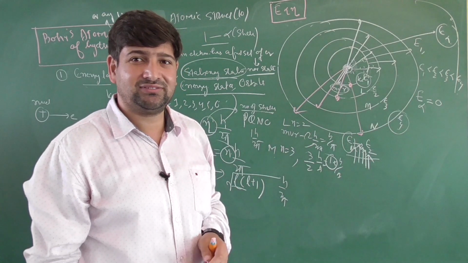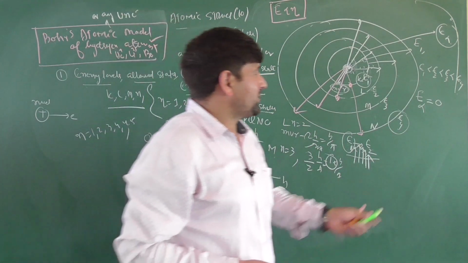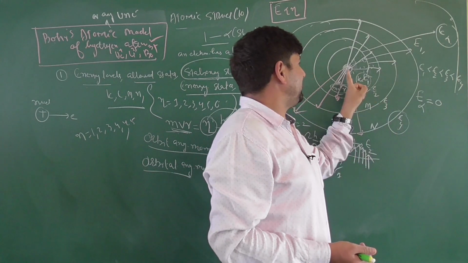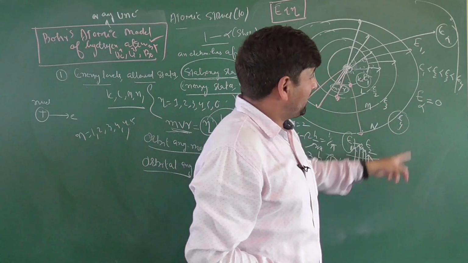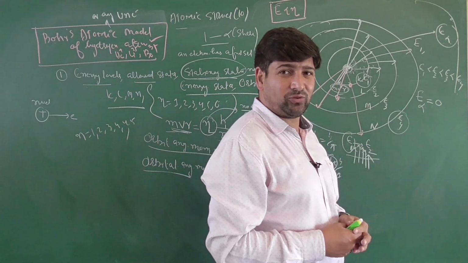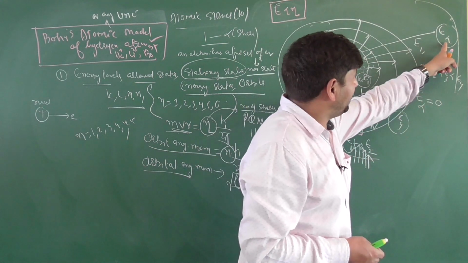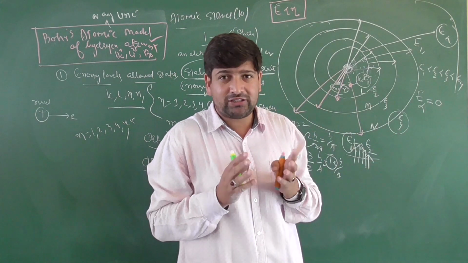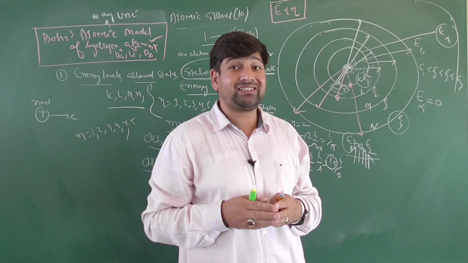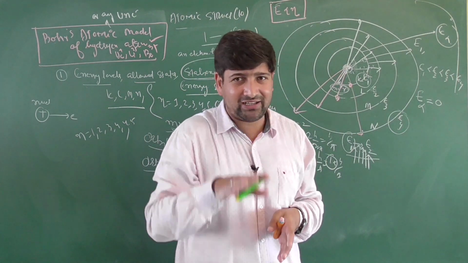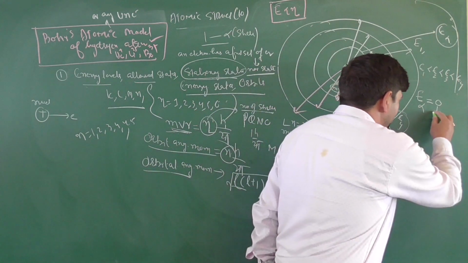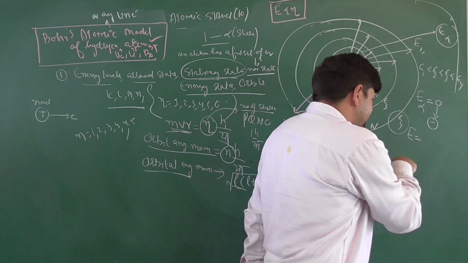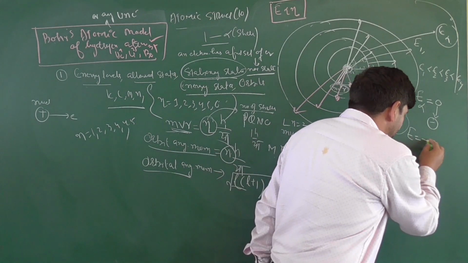Am I clear? Right. Now tell me, if I bring the electron from infinity within the atom, it will interact with the nucleus. Initially, at infinite distance, what was the energy? Zero. Now if I bring it within the atom, is it becoming stable or unstable? It will start to become stable, and once it becomes stable, its energy will decrease. So the energy will move from 0 to negative. So children, remember, the energy of an electron in any shell within the atom is given by a negative sign.